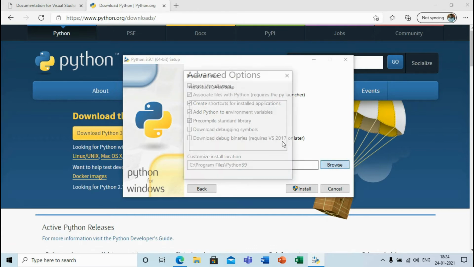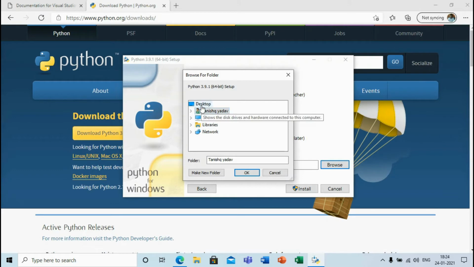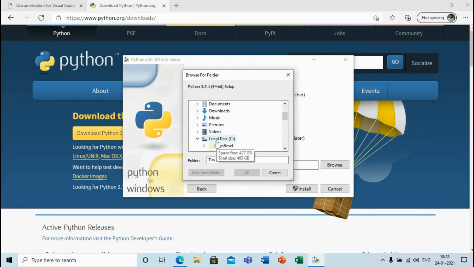We have to save Python in our local disk C, so we have to go to This PC and scroll down. Here we will see the local disk C, and we have to click on this and click on this icon, make new folder, and this is the version of Python 3.9, so I will give it the name Python 3.9 and hit the enter key.